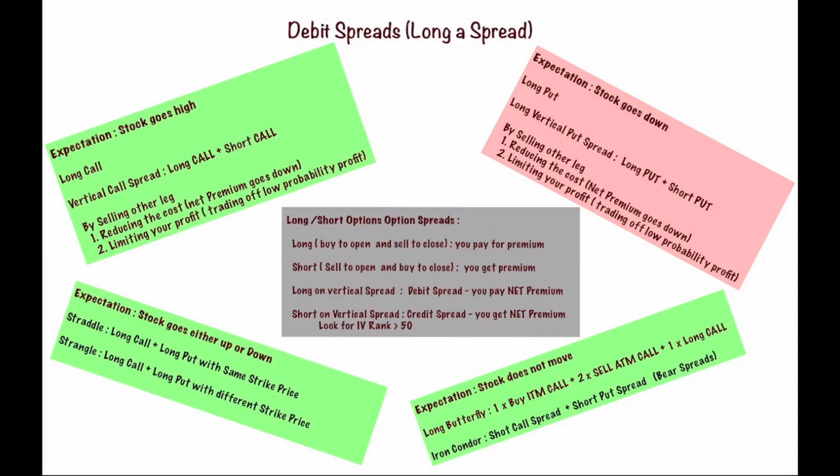The option strategies. So if your expectation is the underlying asset is going to go higher in the near future, then either you buy a long call or you choose a long vertical call spread. If your expectation is the underlying asset is going to go down in the near future, you will choose either a long put or a long vertical put spread. So the interesting point here is, with the long vertical call spread and the long vertical put spread, you're going long a call or put,